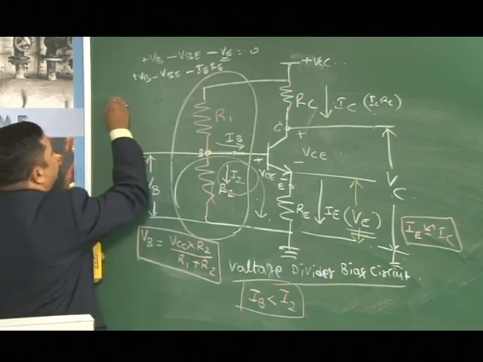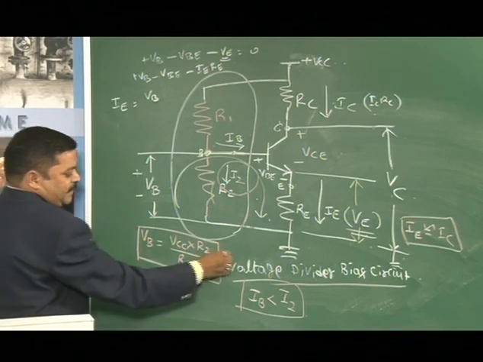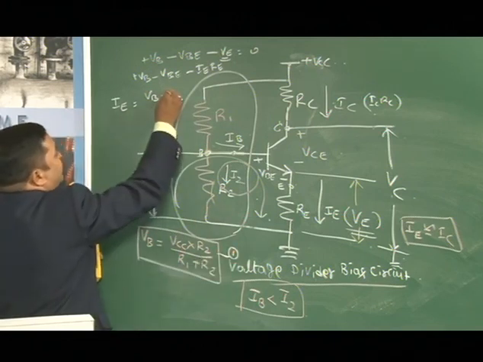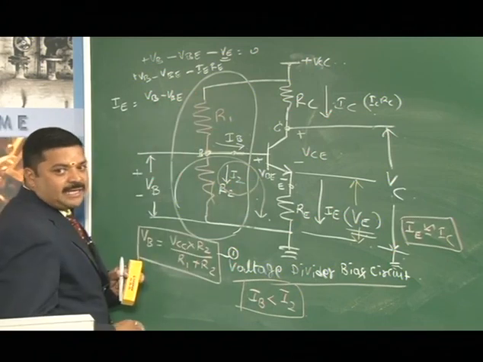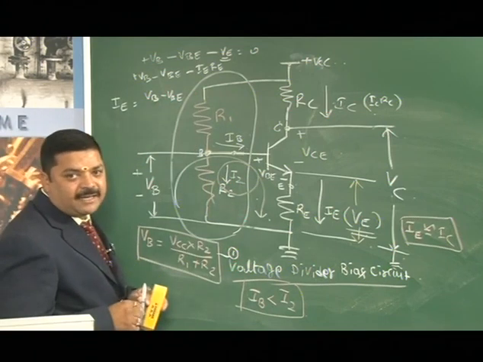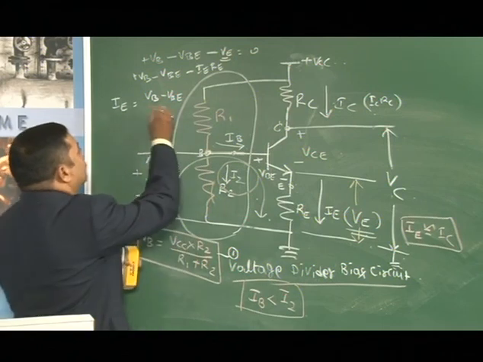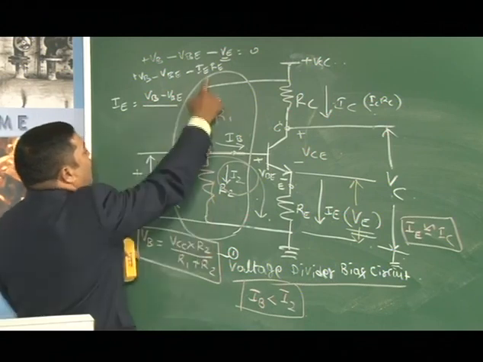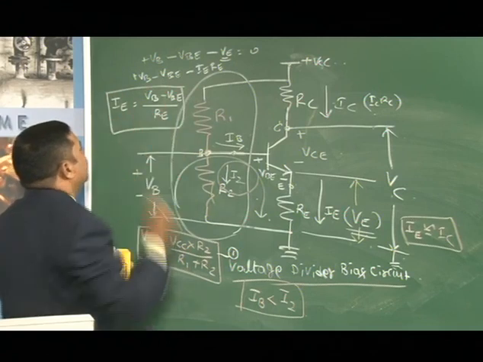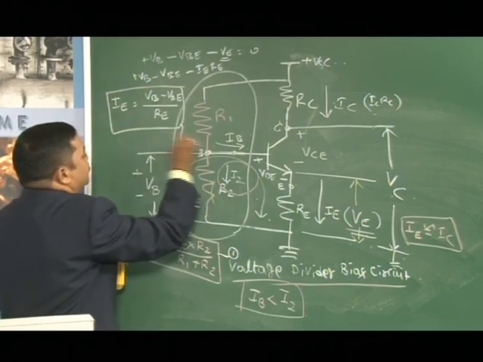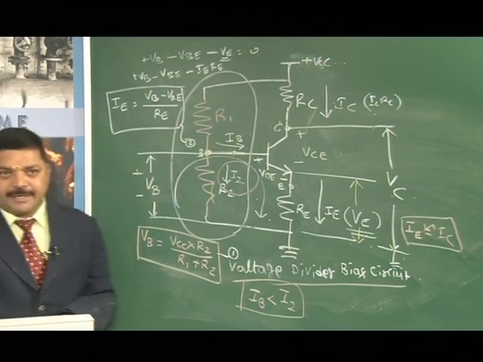So, what is IE from this? IE is equal to VB, which we have already found out, that is equation 1, VB minus VBE. We know that VBE is a cut-in voltage, and if it is not given, we will assume VBE as for silicon transistors, which is 0.7, constant again, divided by RE. So, this is the value. Let me call this equation 2. So, IE is given by VB minus VBE divided by RE.